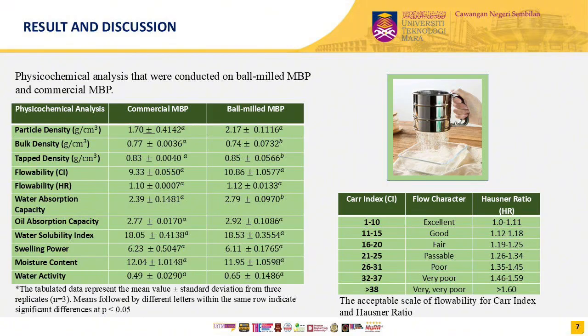Lastly, for moisture-related properties, the moisture content was comparable with the commercial, indicating that both of the powders fall into the range of 12 to 15% of moisture content in mung bean powder from research journal articles. This highlights that lower moisture content is preferable in preserving physicochemical characteristics of mung bean powder throughout milling and storage process. Furthermore, water activity of ball mill mung bean powder is slightly higher than commercial, indicating increased availability of free water. For your information, lower water activity in mung bean powder is preferred for enhancing stability and shelf life of